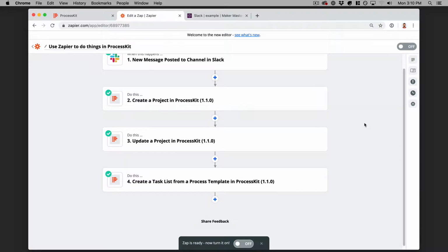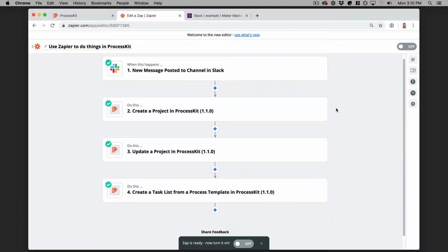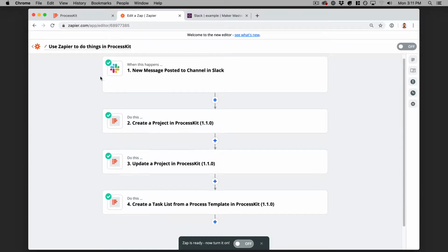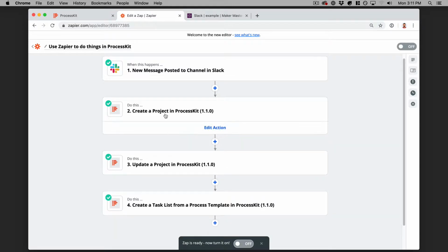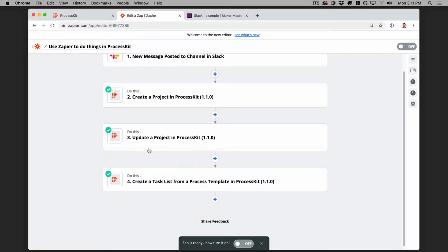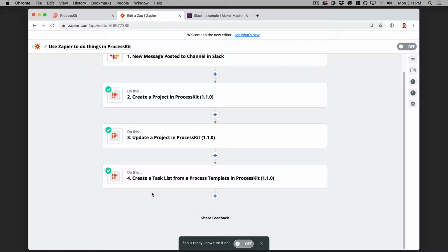In this video, I'll show you how to use Zapier to automatically create a new task inside a project in ProcessKit. Now, in the previous videos, we've been building out this long zap, starting from a message posted to Slack. Of course, you can use any of like 1,000 different apps. This is just an example, but that then created a project in ProcessKit, and then we did a bunch of other things like update it, and we had created a task list on that project using one of our process templates. Now, in this video, I want to actually create an individual task and add it to that task list